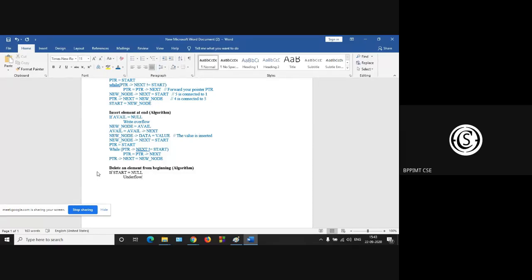The list is already empty. So how can we delete a node from an empty list? So that's why underflow.